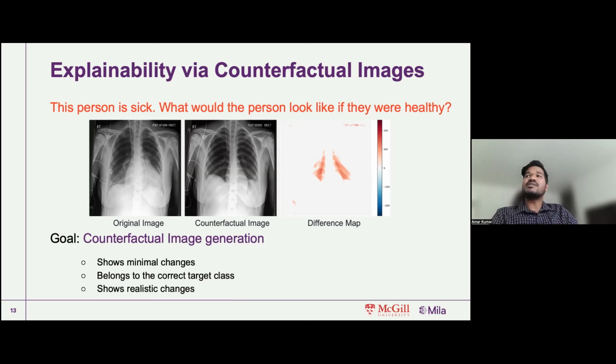So asking this what-if kind of question, which is essentially counterfactual explanation, we then use this high capacity generative model to synthesize the counterfactual image, which is shown in the center. So the central image is synthesized by our model. And once you take a difference map of the two, you can see a very clean explanation of why the patient was sick. In this case, the patient had cardiomegaly, which is abnormal enlargement of the heart.